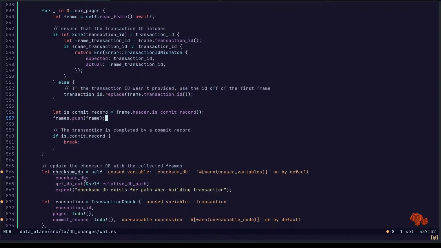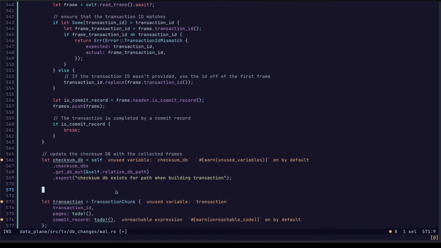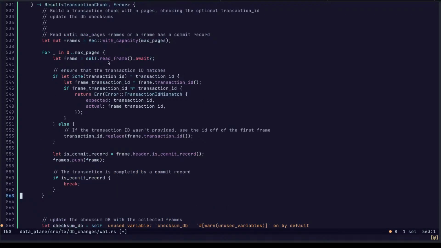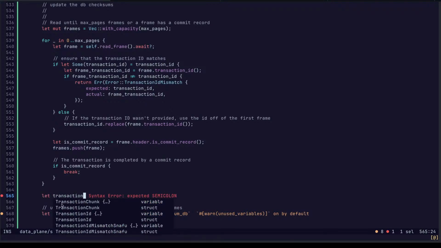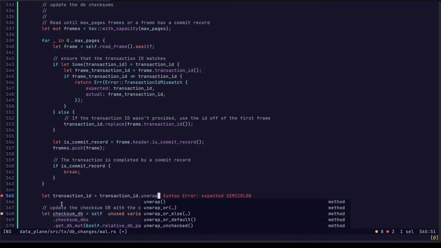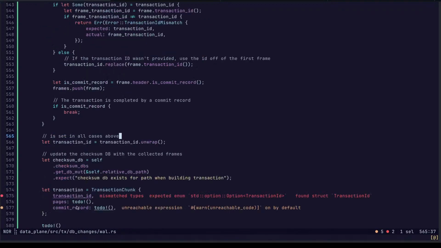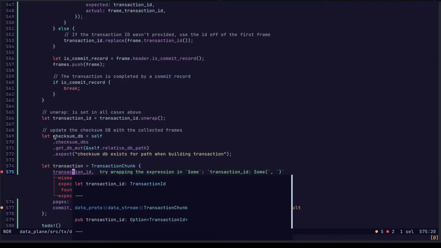Now we know we always have a transaction ID by the time we reach this point here. That's funny.